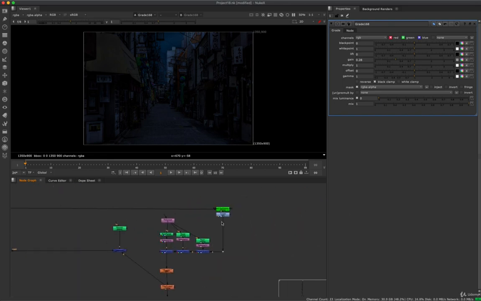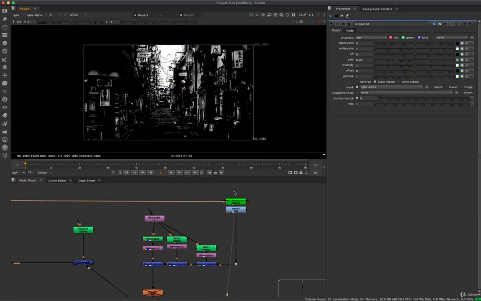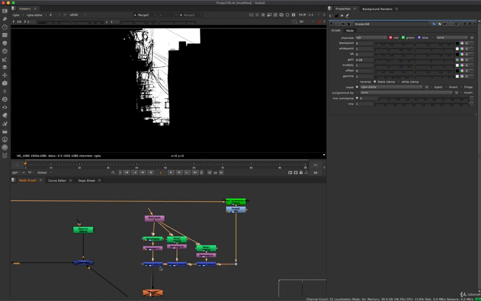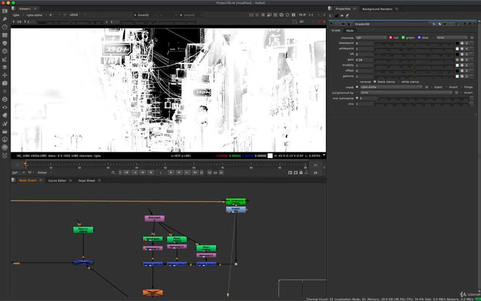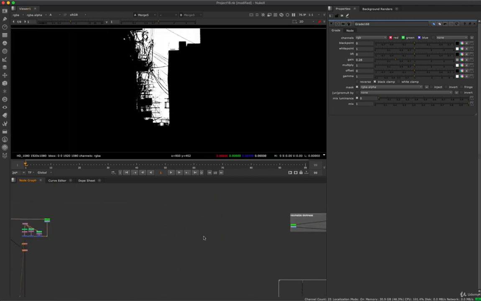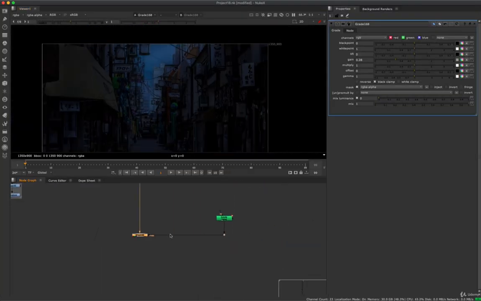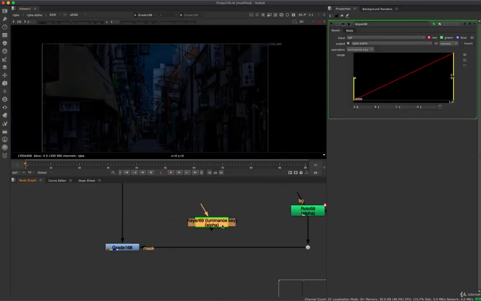But one thing I did as well was I did a luminance key to pull that sky. So that's going to do a lot of the work for us in terms of cutting out those wires. We're not going to sit there and try to rotoscope 100 wires. So if we take a luminance key